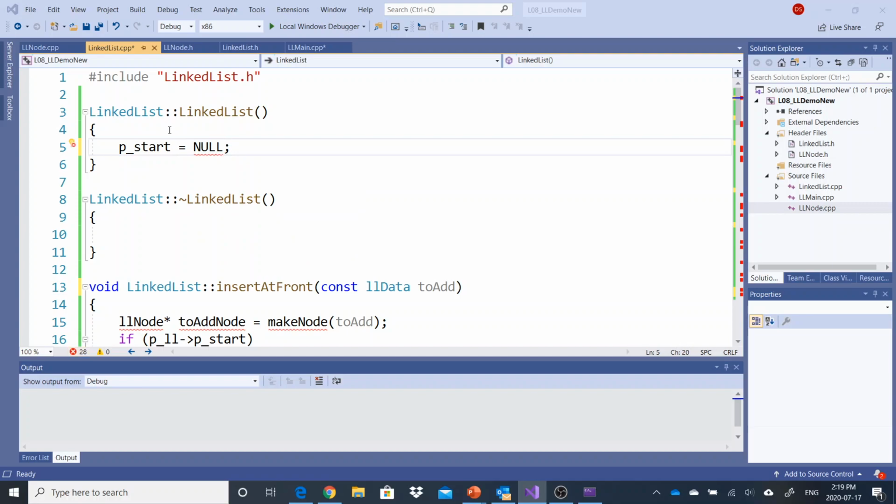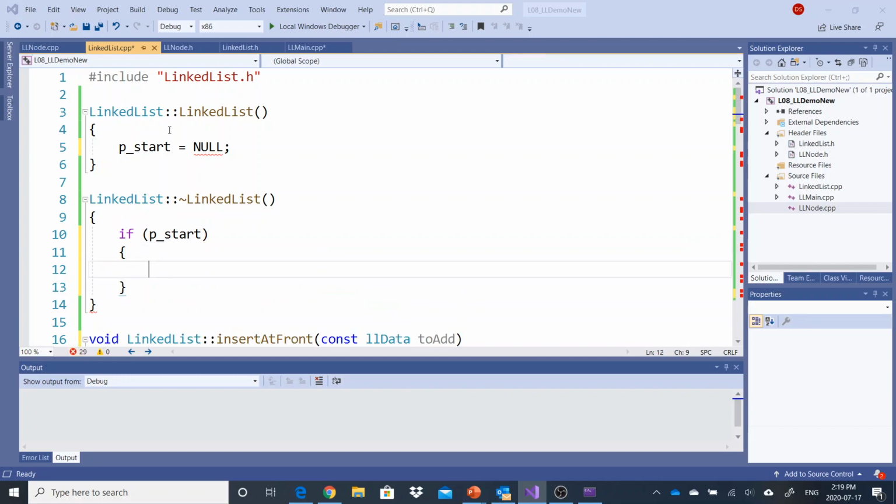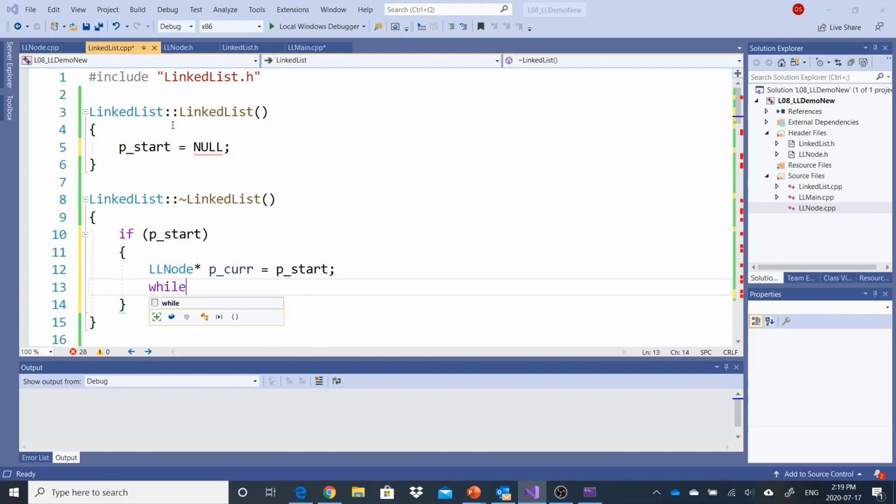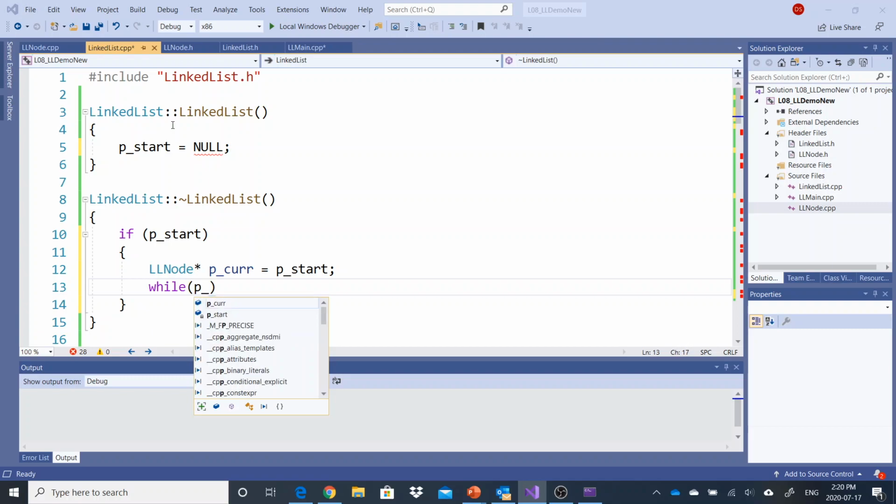It's empty. Great. For my destructor, I want to check to see if my linked list has a p start. If I have a starting element, what do I need to do? I'm going to need to walk down my linked list, getting the next element and deleting it as I go. So I'm going to have some kind of p current is equal to p start. Okay, while p cur,